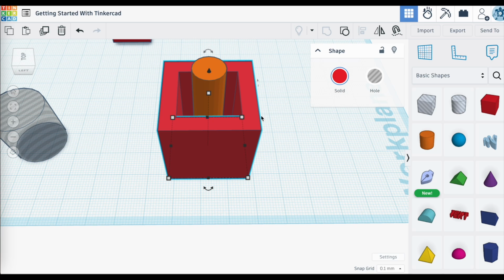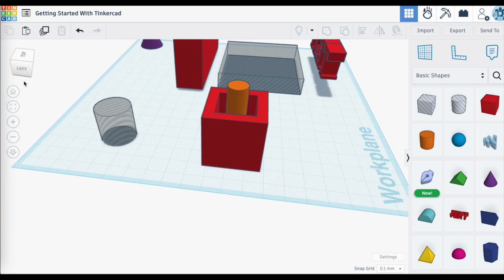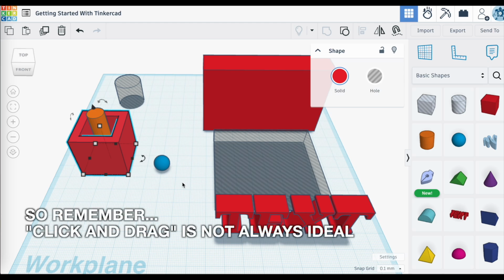So just being aware of what you select and being really precise in your selections by using the Shift key to either add objects or take away objects from your selection can be a huge help. So what's the final takeaway in all of this? Using click and drag is a very intuitive way of navigating this program. However, it is also a huge source of frustration when you want to start getting precise measurements, precise alignments, precise